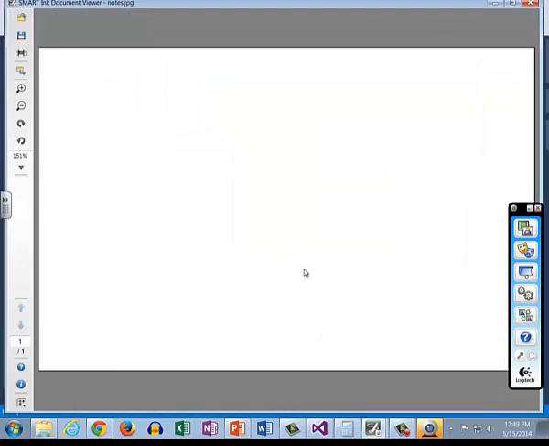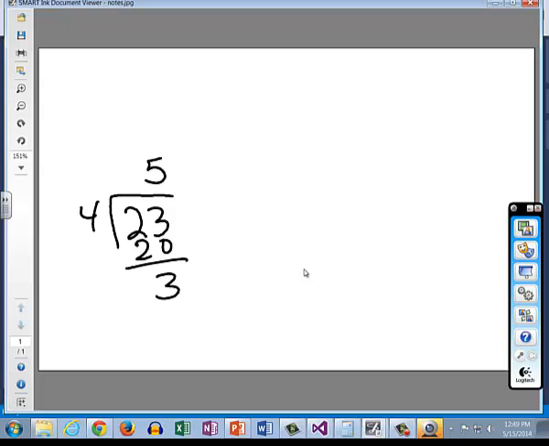But think about how you would have done this division way back then. You would have done 23 divided by 4, and you would have said 4 will go into 23 5 times, right? And then you do 5 times 4 is 20, and subtract, and you get a remainder of 3. So you'd have told your teacher the answer was 5 times with a remainder